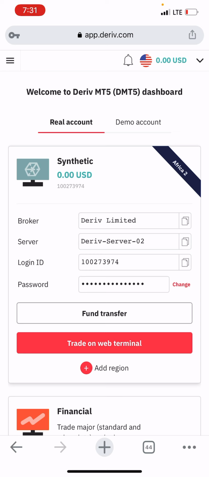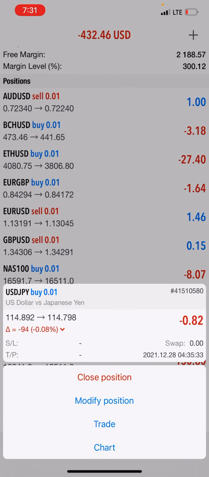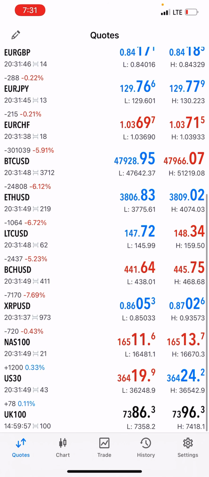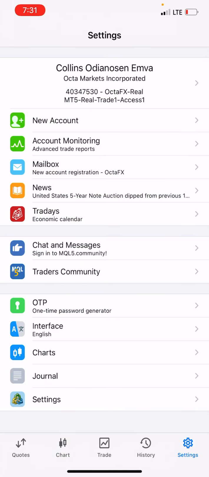So all you're simply going to do is to watch at this. You copy the login ID, because you're going to need it on your MetaTrader 5. Okay, these are Ethereum. Oh my, Ethereum is really falling. Okay, so